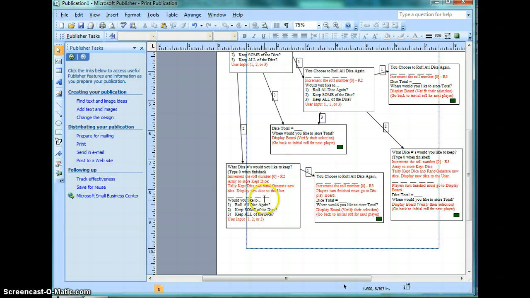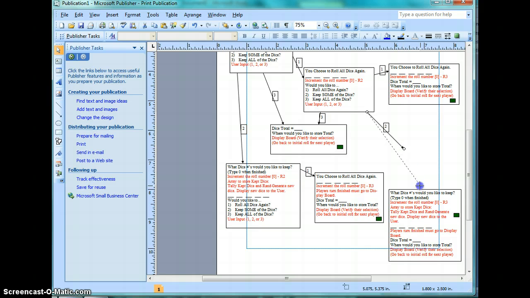option 2, I'm going to keep some of the dice. So let me scan and see what would happen, and I believe that this scenario over here is actually exactly what I need. It's my second roll. So the third roll, and basically I'm going to ask my user which ones they would like to select, store them in the kept dice array, tally and randomize the numbers, give them the new numbers, basically give myself a programming note that it's finished, that player is done, display the total, and where would you like to store the total. So I'm going to pull this down just a touch,